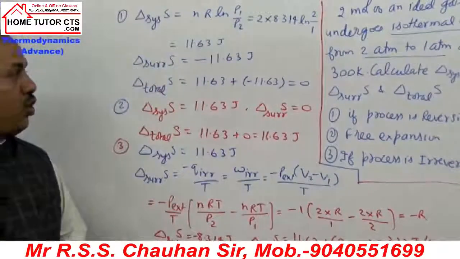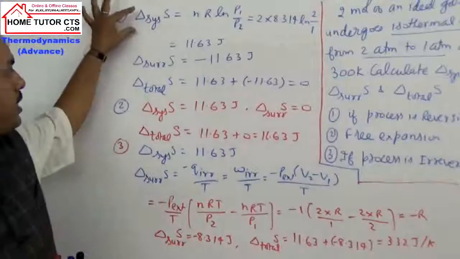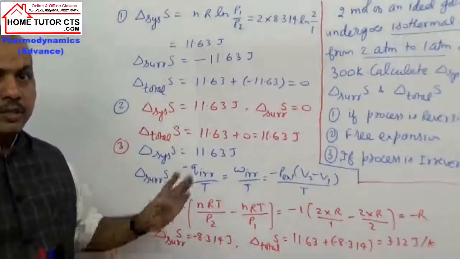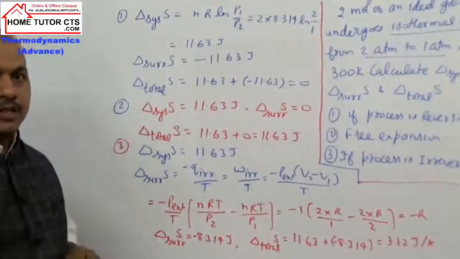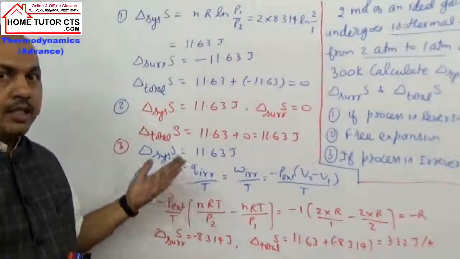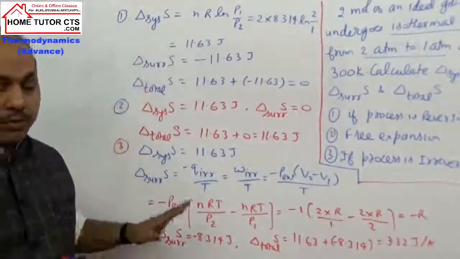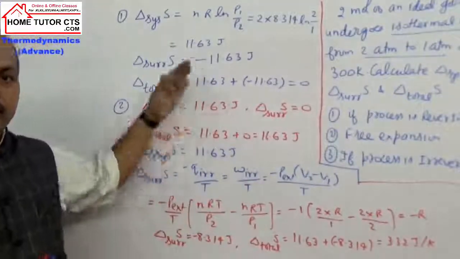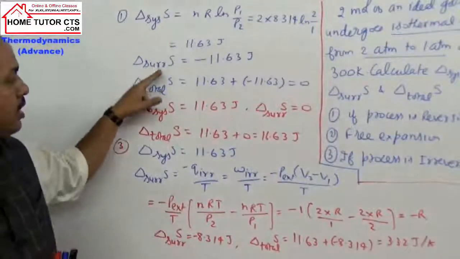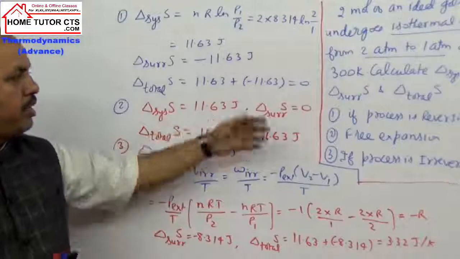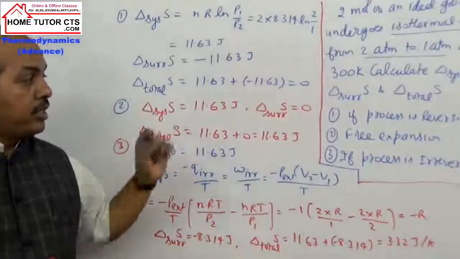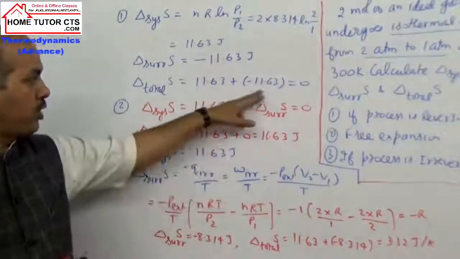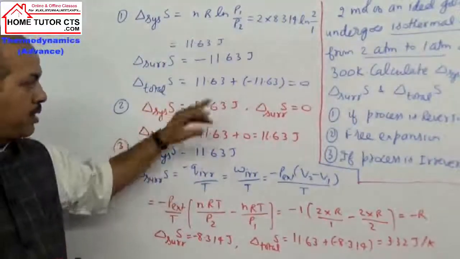So in this question to solve here, I hope delta S system will be same in all the cases. Is this point clear? Because entropy is a state function. The value of state function depends only on the initial and final state, not the process nature. Maybe free expansion, so delta S system is same in all the cases. Delta S surrounding will vary as per the process. When the process taken is reversible, delta S system and surrounding are same in magnitude, so total will be 0. Already explained in theory part in detail.